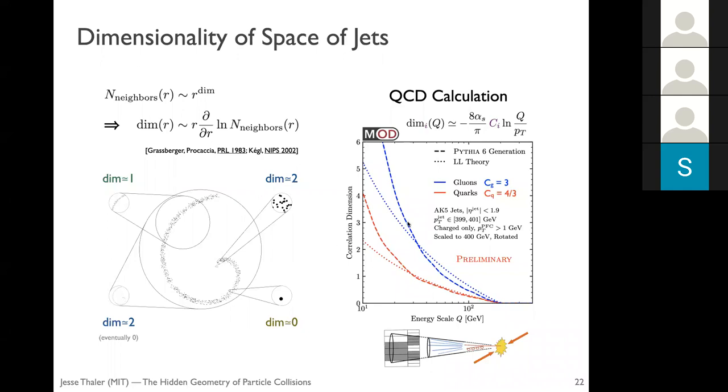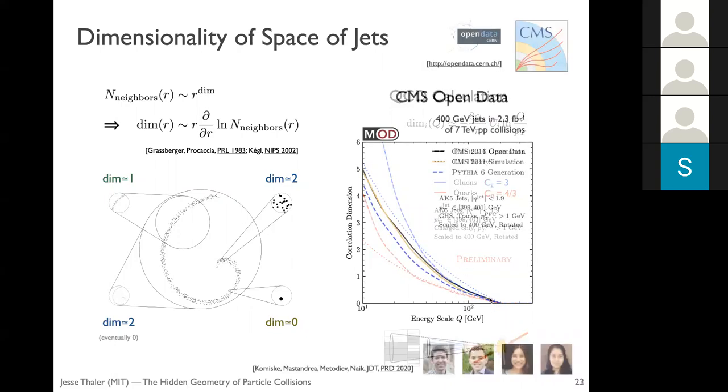You can see the Pythia calculation in the dashed line. And what we also did is look at public data from the CMS experiment, which is some admixture of quarks and gluons. So, not surprisingly, we see a dimensionality somewhere between those two curves. In black is real data, in yellow is simulated data,